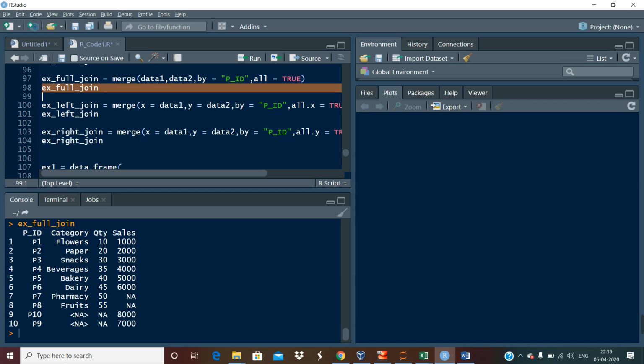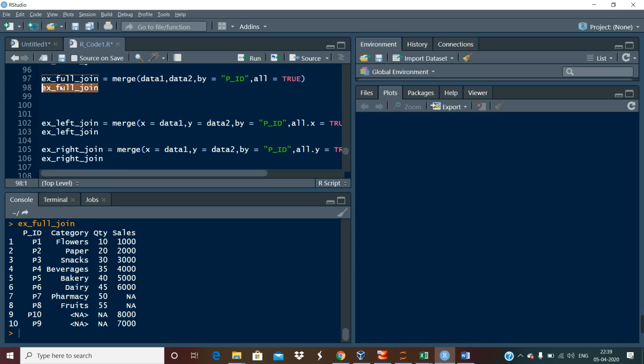Now from this output, the task is that wherever there are NAs, those will become my unmatched records, because there is no matching information for them in either of the data sets. So the way we will manipulate this is we will pull up those entries wherein there is an NA coming up after joining, so that those entries will be a part of the unmatched records. To do that, we will utilize the EX full join dataset itself, which has the full join output,